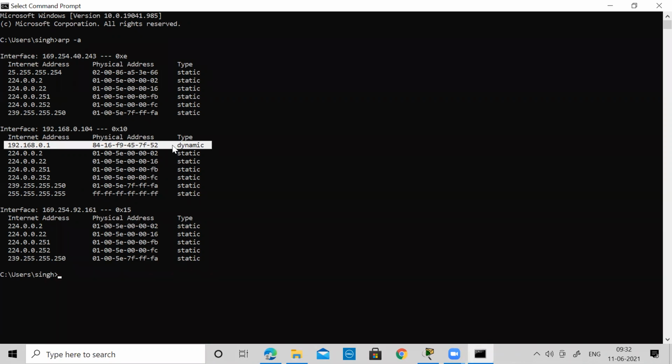Everything else you see in my computer is statically configured. This was already present when I got this system, with the Windows operating system installed. I ran the CMD prompt, and this was already existing. The one thing which is dynamic is because I change my network when I move out. I will always be connected to the default gateway, and that gateway's MAC address I should always learn whenever I have to communicate. So that's what it is, dynamic.